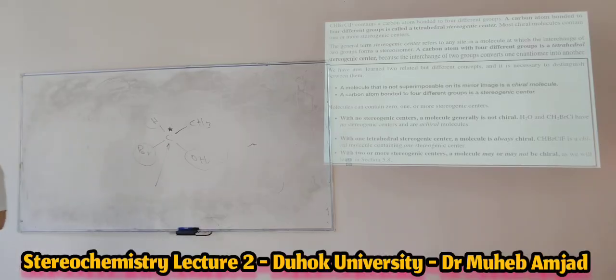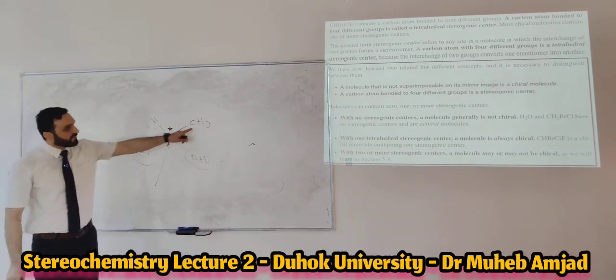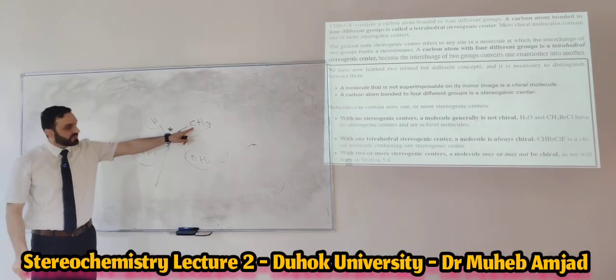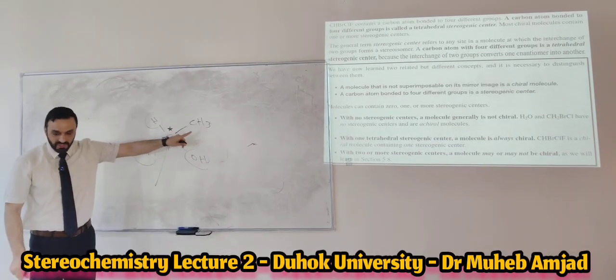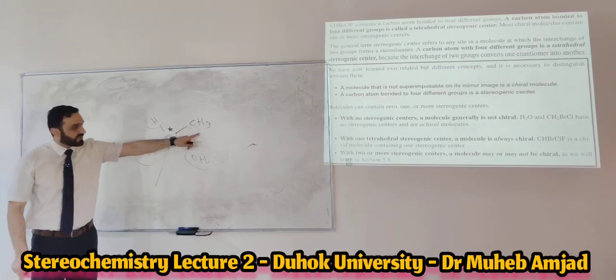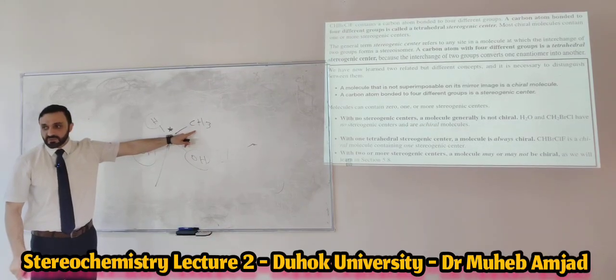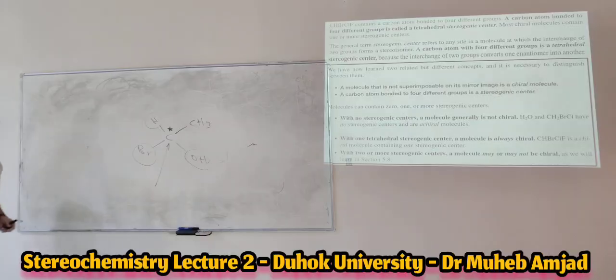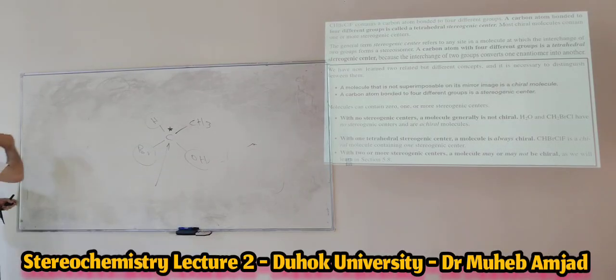Refer to the stereogenic center. So, is this carbon a stereogenic center? This carbon, yes, surrounded by 4 different groups. By 4 groups, but not different. 3 hydrogens, the same identical groups. Okay? So, if I give you another example, like